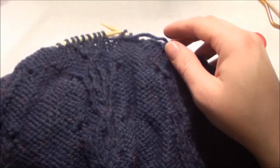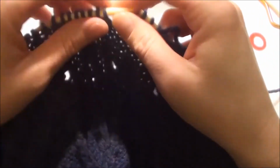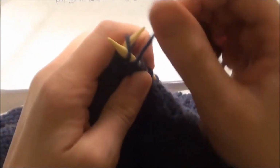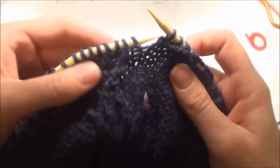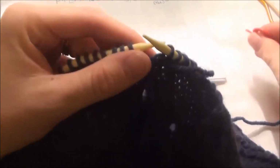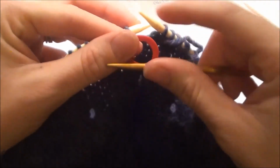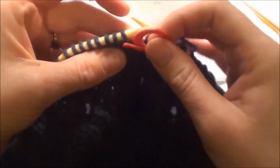Alright, so let's take care of the purled stitch, which I believe I've already done, so let me undo that for you. Okay, so I purl this stitch. Then I need to do a 2-stitch RPC through the back of the loop. So what I'm going to do is take this and slide this in just like a tip of a cable needle. So pretend it's a long cable needle, it's the same thing. So I slide that into the stitch,